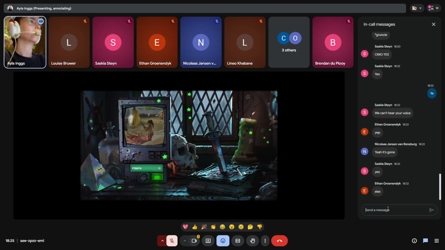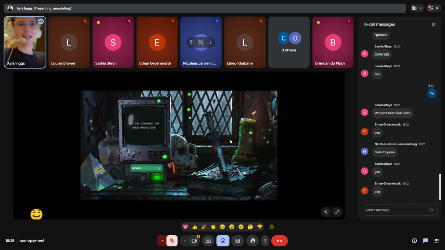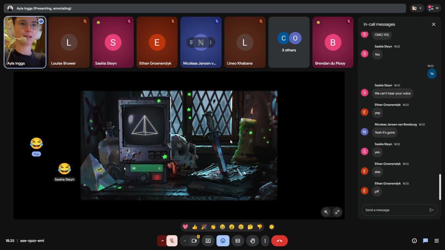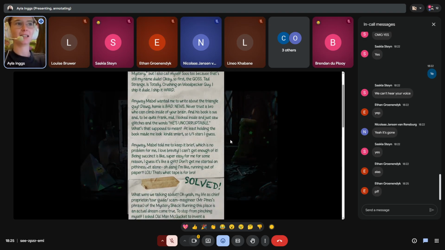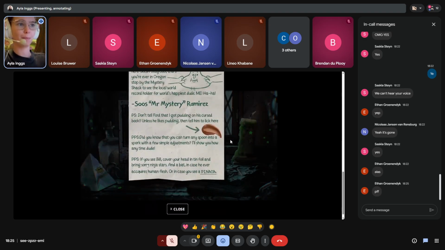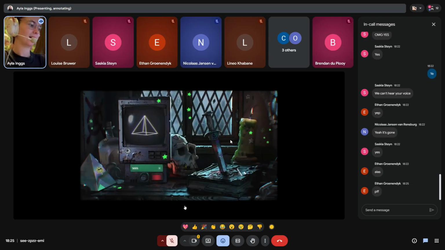Oh, so if we type in Disney, for example, rat gift censored for your protection. There's just such random things that you could put in here. If you type in Seuss, which is the maintenance man, there's a special letter that comes up from Seuss to Dipper, for example, and he tells you to type in pinata.